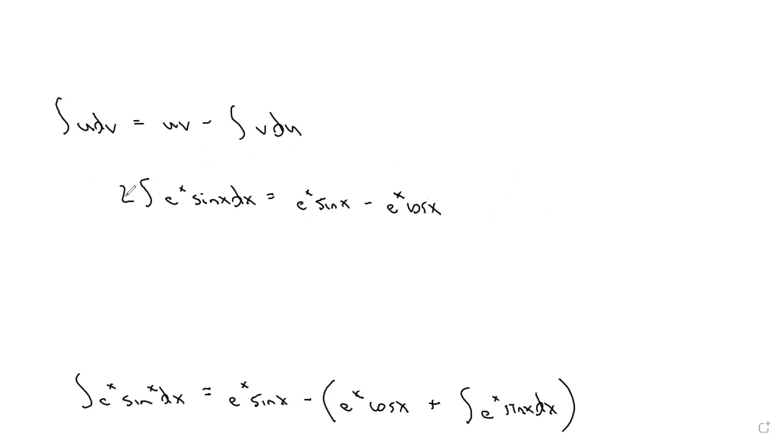And now at this point, all you have to do is take the 2 and move it over and change it to division, and you've solved your question. You've solved for the original integral. So it's a super cool question. Take the 2, move it over, change it. Since it's 2 times the integral, when you move it over, you change it to division in this case. So you always have to remember that rule. So the integral of e to the x sine x dx